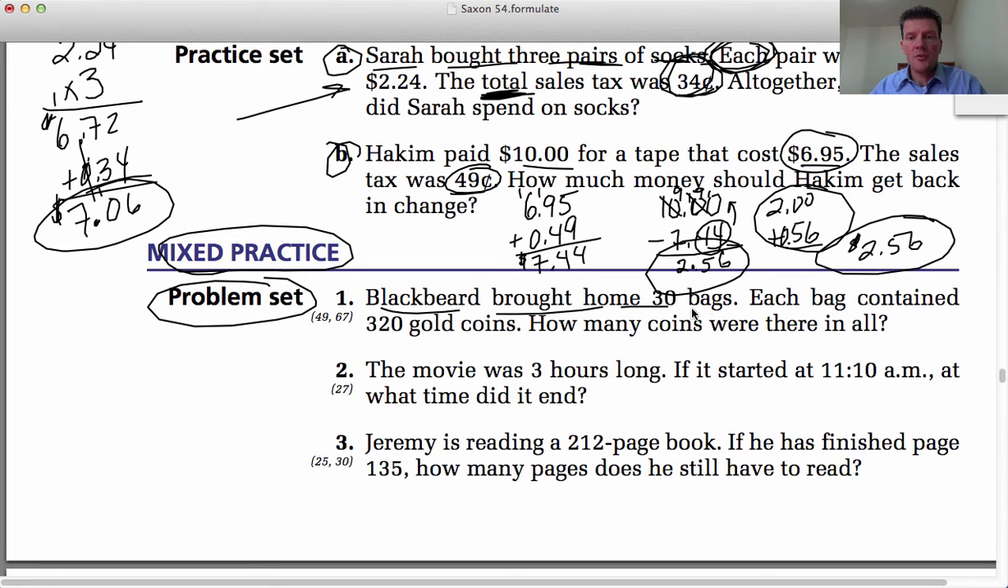Okay, Blackbeard brought home 30 bags. Each bag contained 320 gold coins. How many coins were there in all? So 30 bags, each bag 320, so you need to take